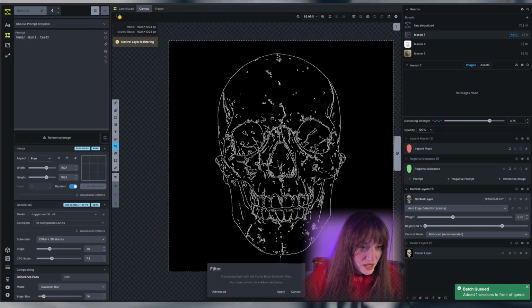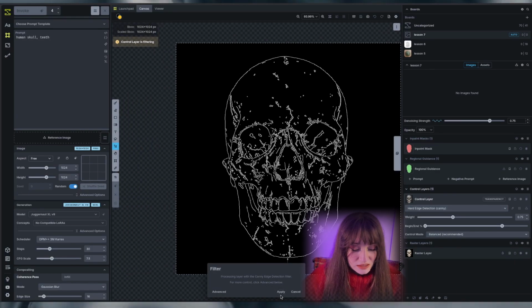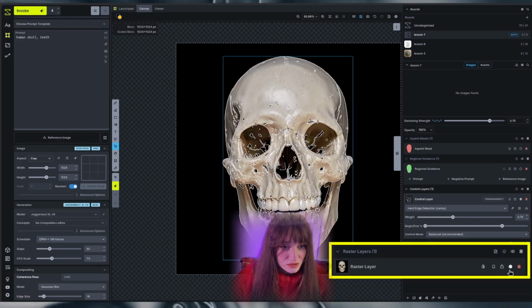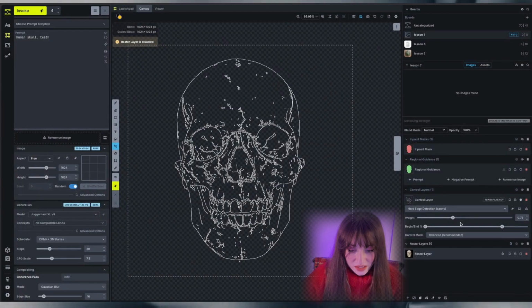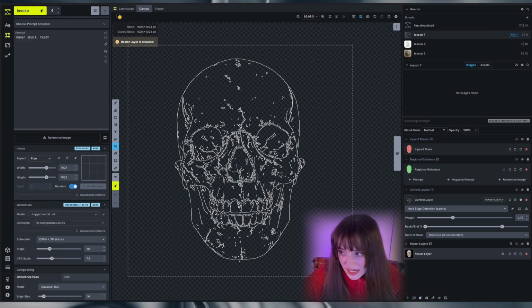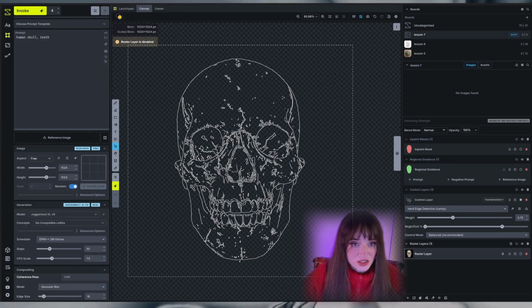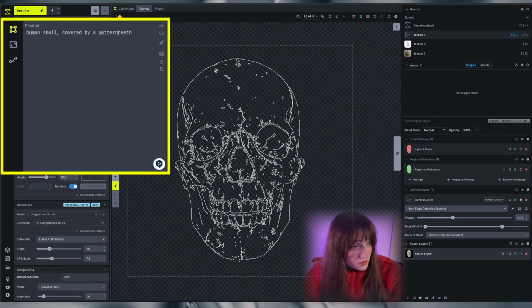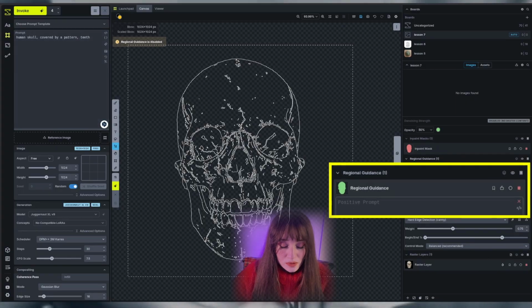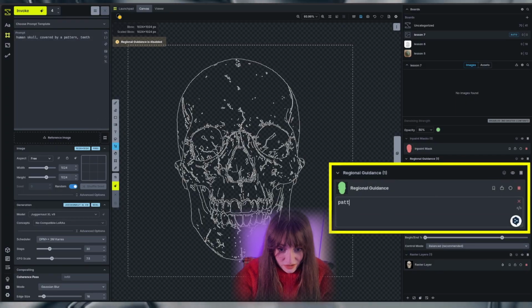So yeah, we have here absolutely everything. Let's hit apply. We can also deactivate our raster layer. We don't need it. Now we need to add some pattern because you are here for the pattern, I'm sure. We need to adjust our prompt first. Look, we take powered by a pattern here, and in here in the prompt we say pattern, the regional guidance,